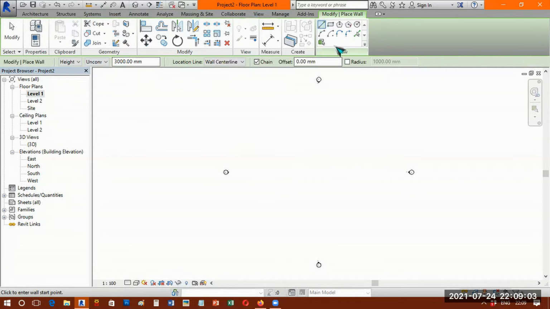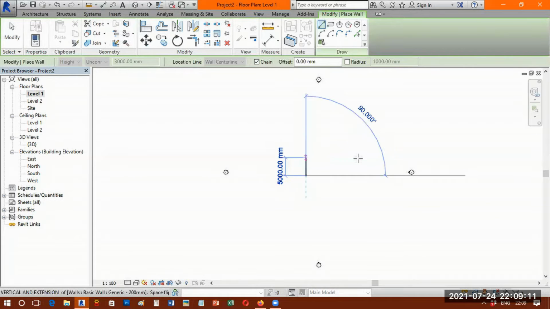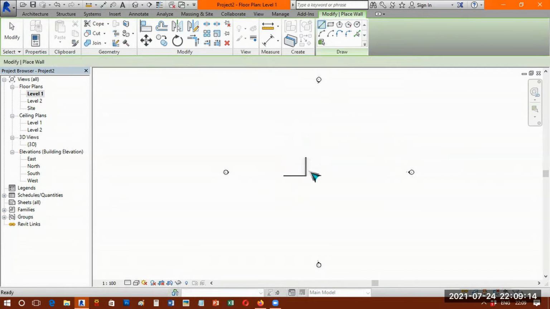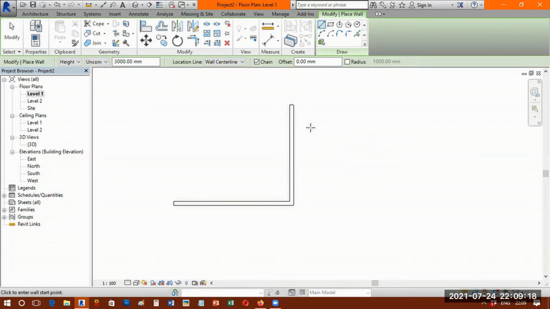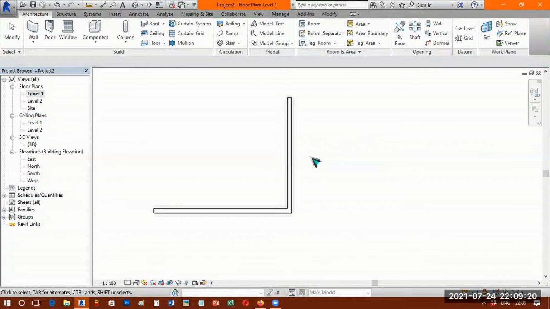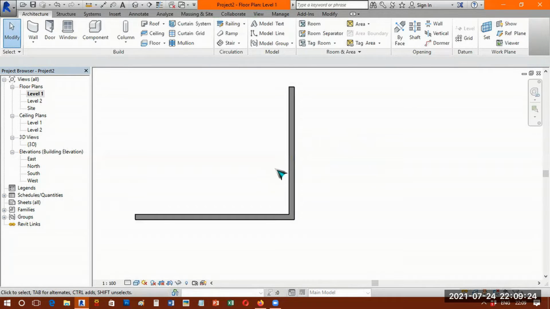After that, in the Draw group, I take a line. I click and drag the horizontal wall, that's 6 meter, then straight up about 5 meter. With the help of just 2 walls, I'm going to set the cameras now. This is the horizontal wall, this is the vertical wall. When I zoom in, you can see that. I type SD on my keyboard to shade the view. Done.